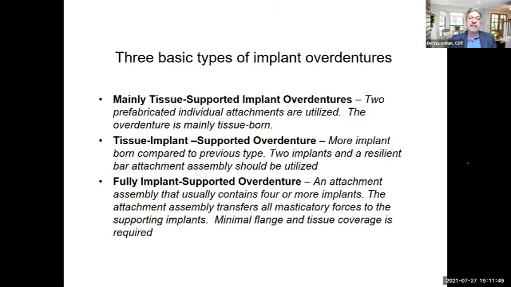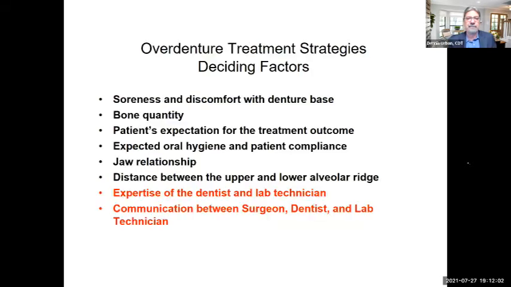And then we have our fully implant-supported overdenture, where an attachment assembly that usually contains 4 or more implants is present, and the attachment assembly transfers all the masticatory forces to the supporting implants, and minimal flange and tissue coverage is required. So, some of the overdenture treatment strategies for deciding factors are, again, as I mentioned earlier, soreness and discomfort